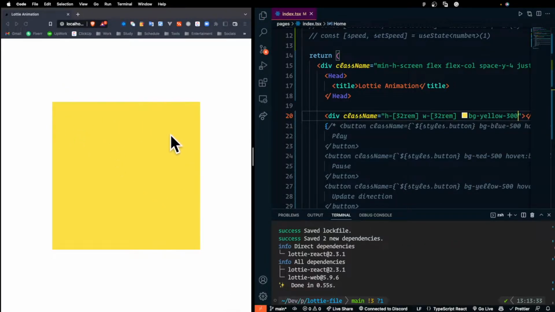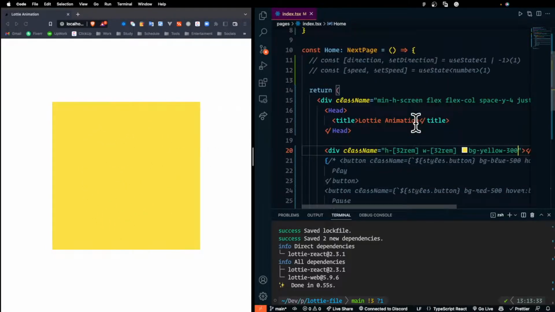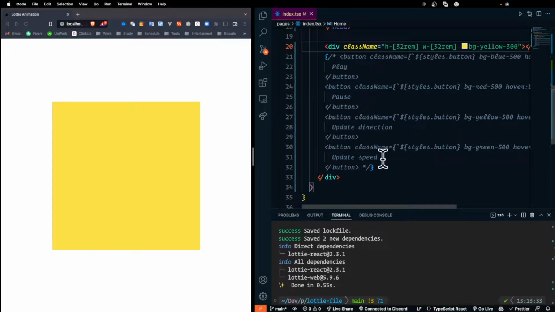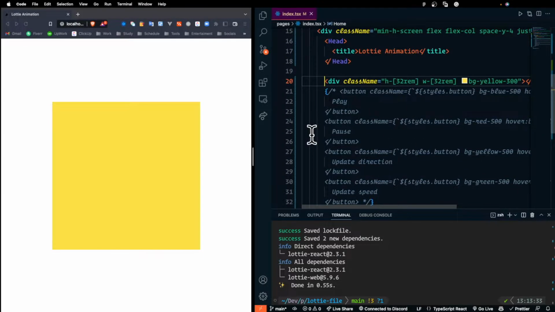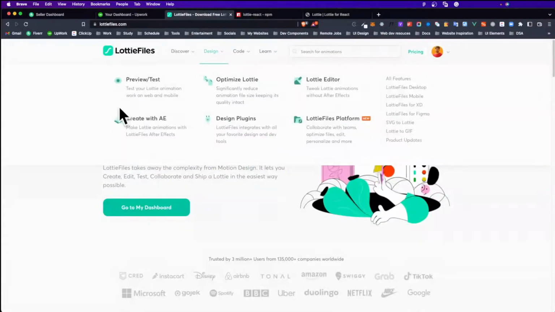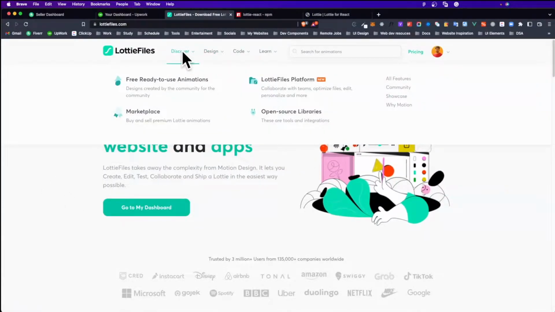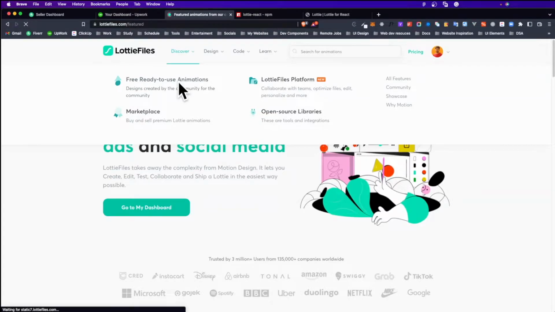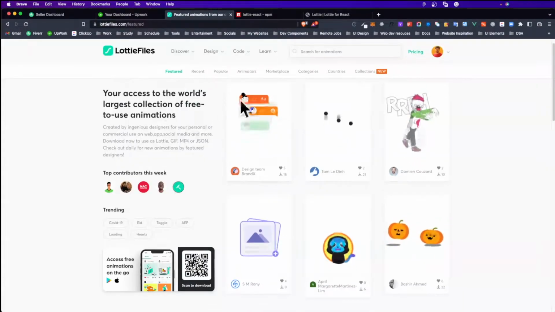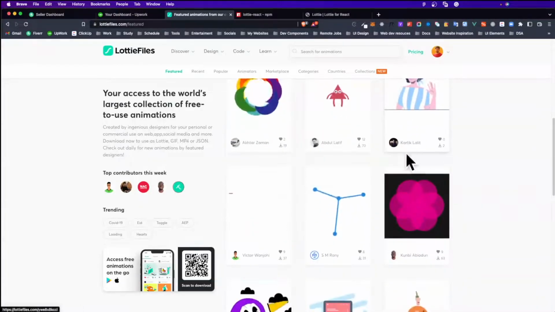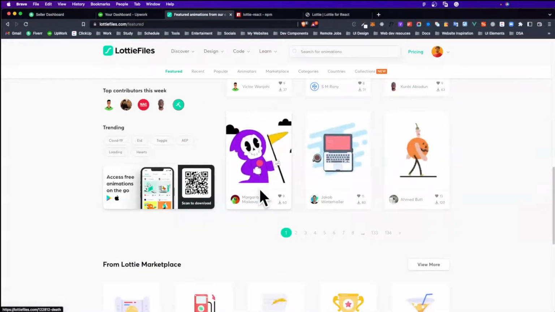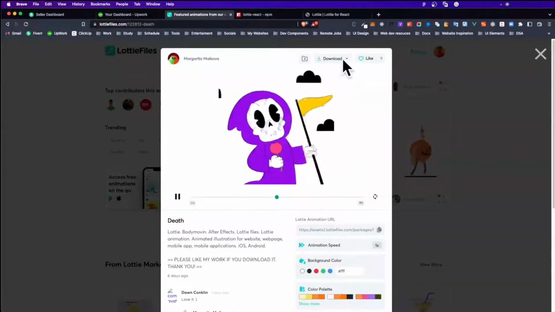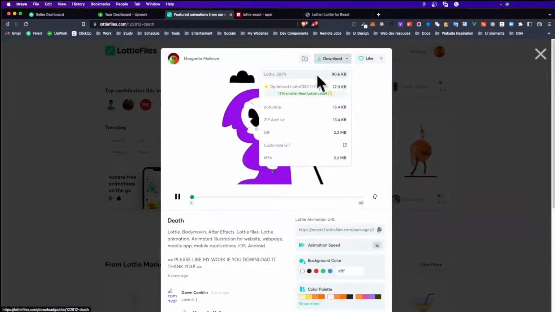So we have this container and we want to fill an animation in this container, and I have some buttons, so we will use these buttons later in the video. So now let's move on to the Lottie website and choose which animation we want to use here. So it's Lottie file and let's see the animations. You can choose whatever you want. I'm choosing this animation, so just click on the animation and let's download the lottie.json file,